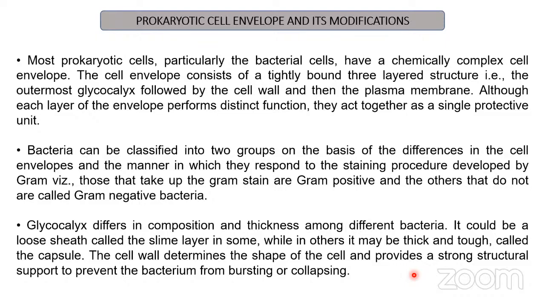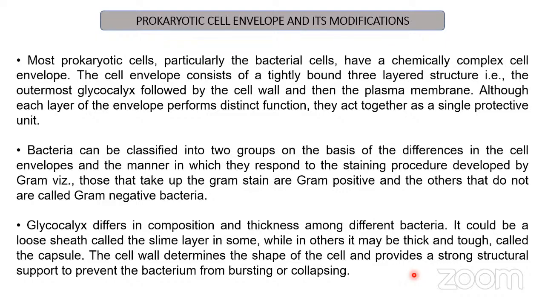And based on the amount of the lipopolysaccharide present in the gram positive and the gram negative, these bacteria either acquire the bluish purple color of the crystal violet or the pink color of the safranin. So if they acquire the blue or purplish color, these are the gram positive bacteria. This is because they contain a very